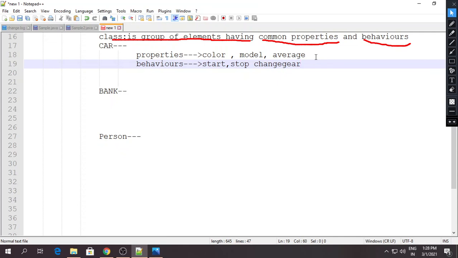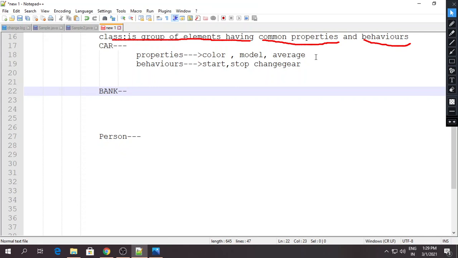Again, let me go to another example like a bank. So we are considering a car, bank and person as a class. Why are we considering them as a class? The reason is that a class is a group of elements having common properties and behavior. So first identify the behavior and properties. If you consider a bank, which are the properties of the bank?